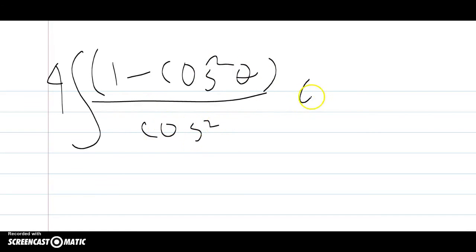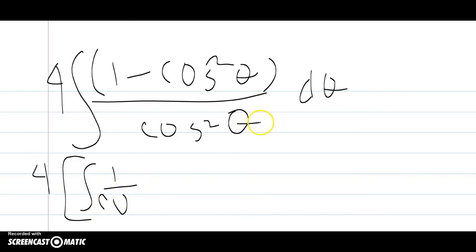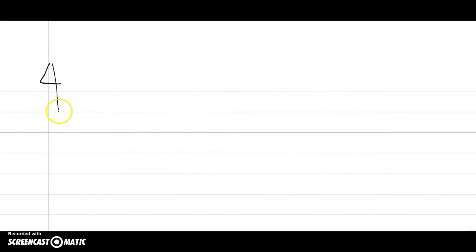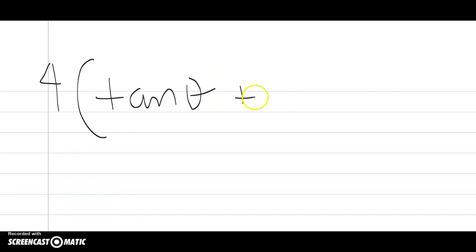And now I can break this up into 2 different integrals, right? Everything's still times 4. So this is going to be the integral of 1 over cosine squared of theta d theta minus the integral of d theta. And from there, it should be pretty clear. We have 4. The antiderivative of 1 over cosine squared is, of course, tangent of theta. And the integral of d theta is theta. And then we have